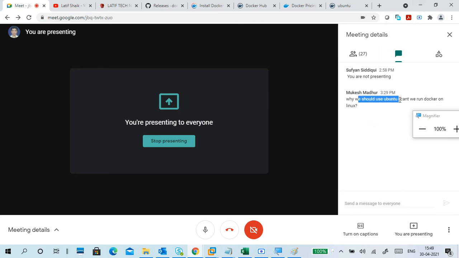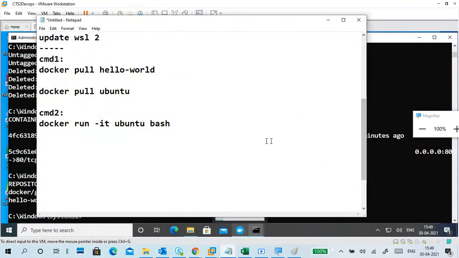Why should we use Ubuntu? Can't we run Docker on Linux? Very good question. Mukesh asked a very important question, because what I do may cause confusion. Actually, I am running Ubuntu on Docker.